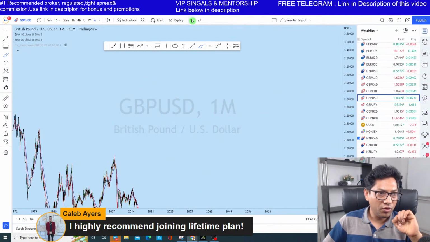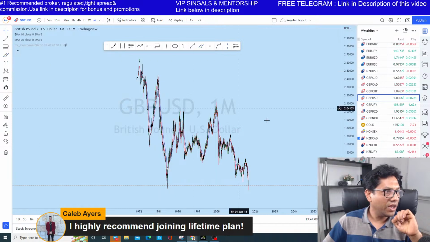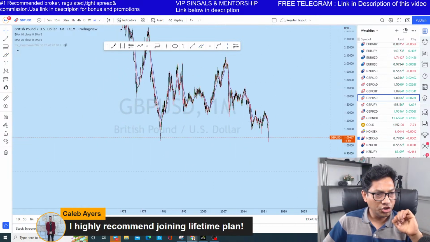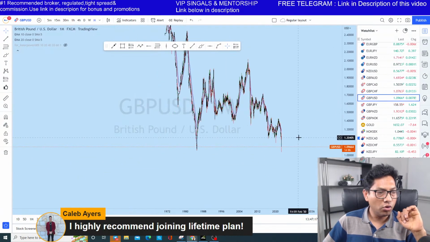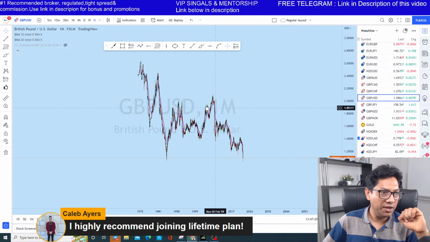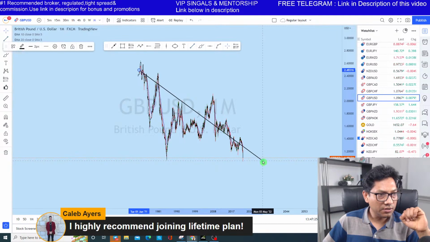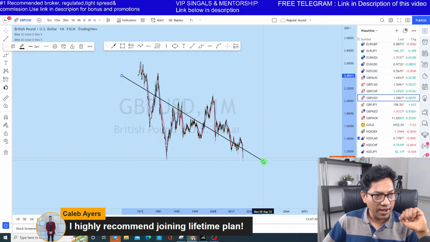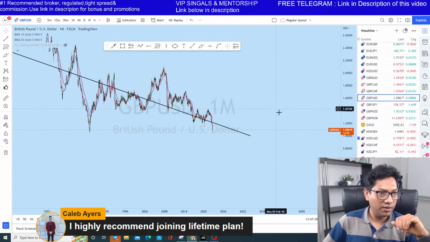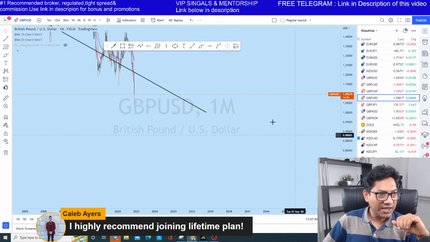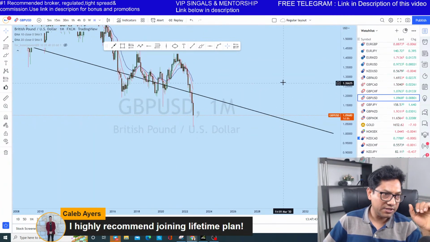So if you closely look, from a very far point of view, GBPUSD is very far now from this mean. So if you consider by your own eyes, where will the mean be? The mean could be something like that. Let's draw this one here. We can't figure out exactly from a common sense perspective. If you take it in the middle, that could be it. So with that said, this is the line, let's say the mean reversion.